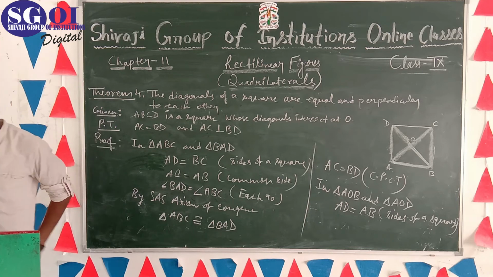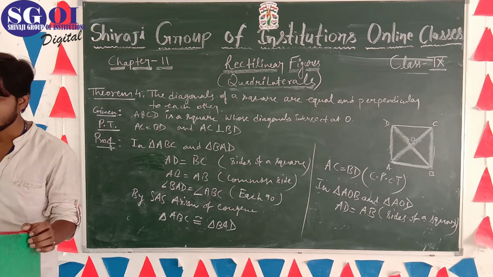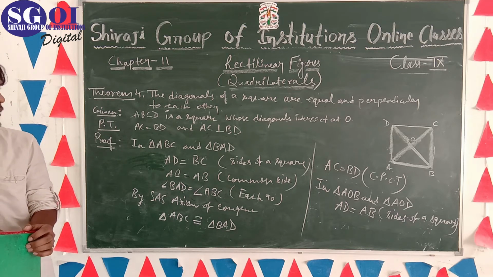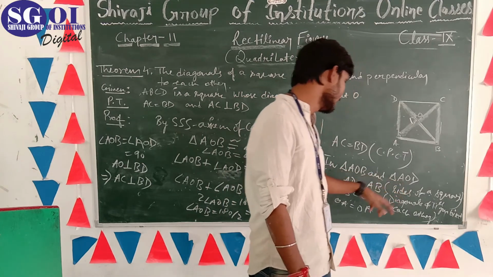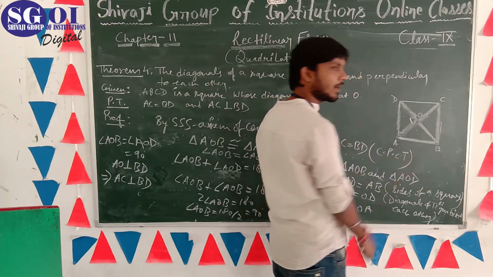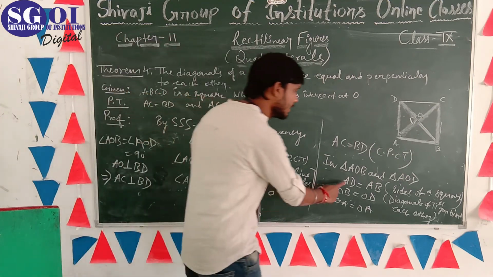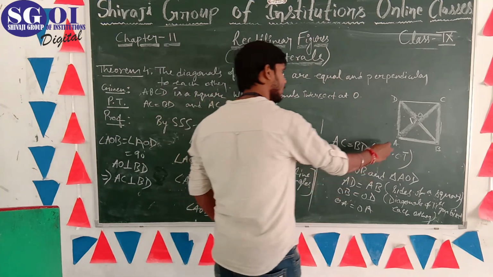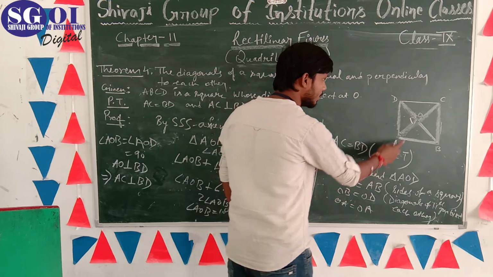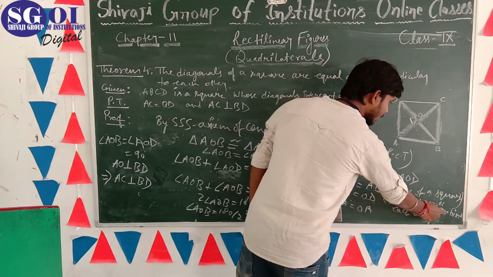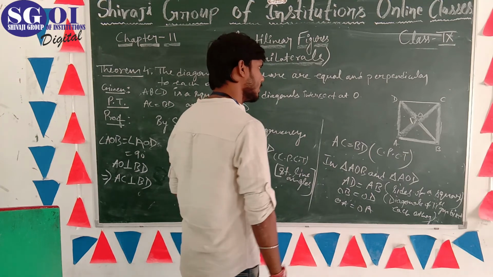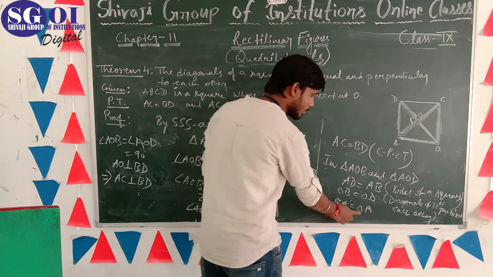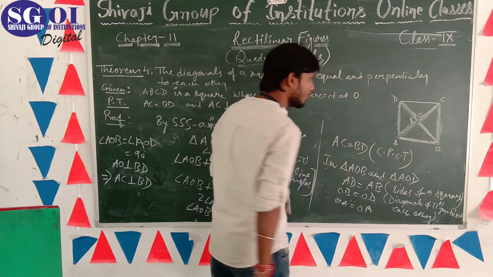और सेकेंड पॉइंट क्या हो जाएगा? OD OB is equal to, फर्स्ट का लिखा है AD is equal to AB, side of a square, triangle AOB and triangle AOD. We take AD is equal to AB, okay? Because this is the side of the square, and OB is equal to OD. Diagonals of a parallelogram bisect each other, okay? That's why we can write OD is equal to OB, and the third side OA is equal to OA because OA is the common side for both the triangles.